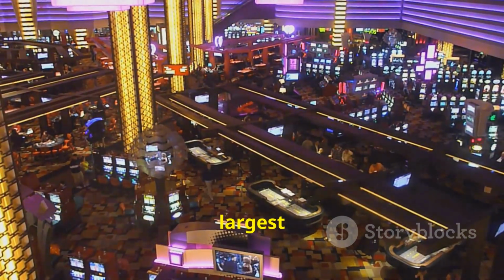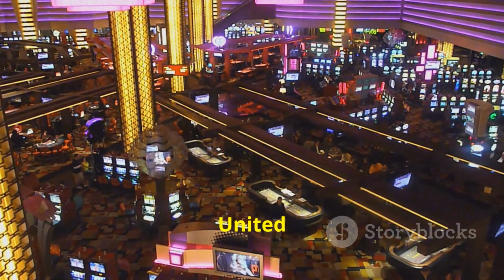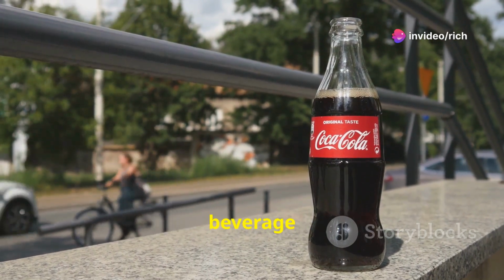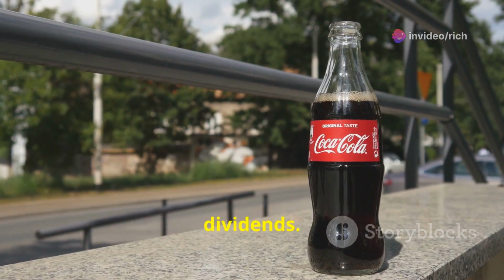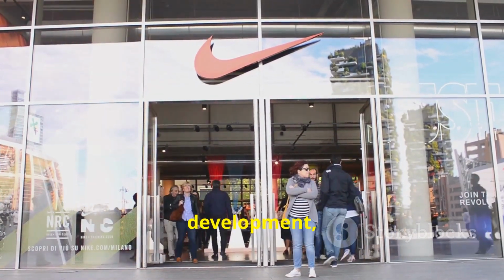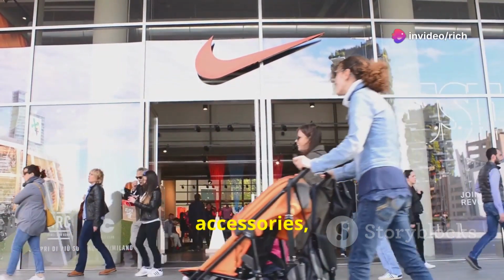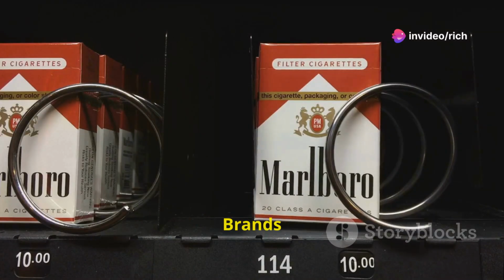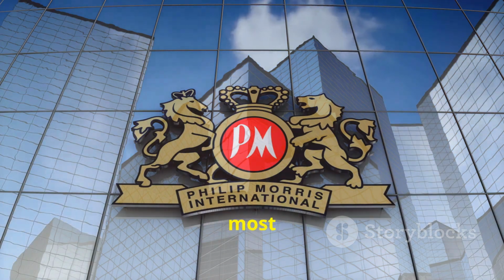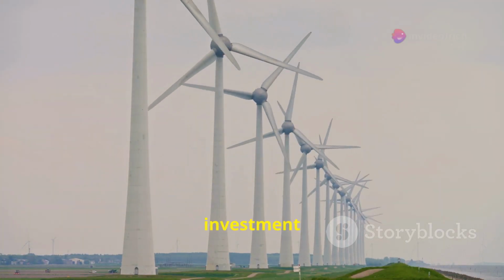that owns one of the largest portfolios of gaming, hospitality, and entertainment destinations in the United States; Coca-Cola, one of the world's most recognizable beverage brands, with a long history of paying dividends; Nike, a global leader in the design, development, manufacturing, and worldwide marketing and sales of footwear, apparel, equipment, accessories, and services; Imperial Brands, a multinational tobacco company with a portfolio of some of the world's most popular cigarette brands;